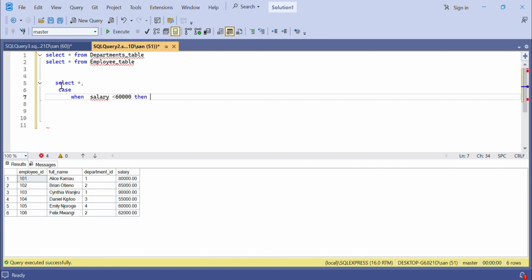then we call it lower class. And when salary is greater than or equal to 60,000 and it's lower than or equal to, let's say, 80,000, then put this one into middle class,